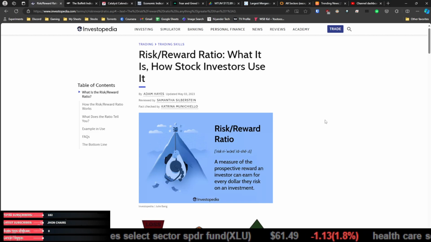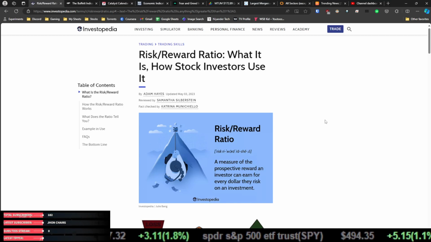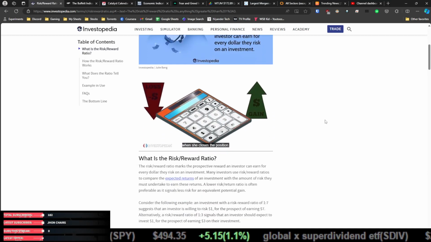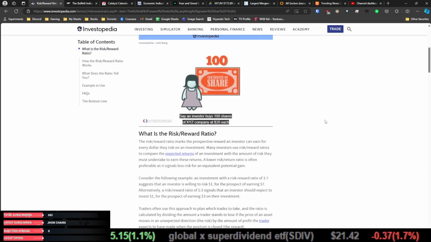So you're supposed to determine how much value you think is in the investment or where you want your take profit to be, and then you set your risk, or where you want to stop, and determine your risk ratio based on those two. So it's very important that you do it correctly because